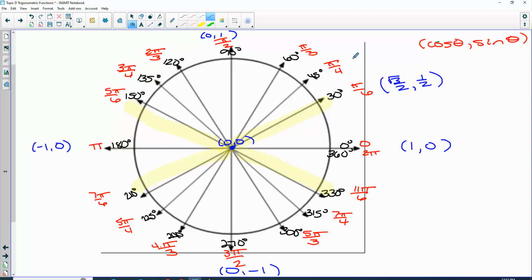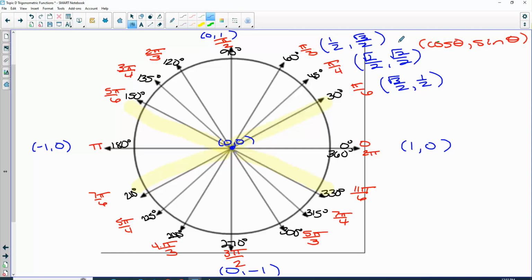Okay, so 45, square root of the bottom 2, so square root of 2 over 2. Top, square root of 2 over 2. Okay, 60. Cosine, the bottom, radical 1 over 2, 1 half. Sine is the top, square root of 3 over 2. Alright, at this point,